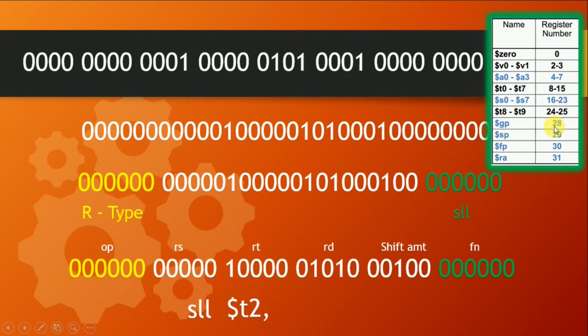RT is 16, so 16 is the value of S0. So my source register is S0. So I have to shift the content inside this S0 according to the shift amount. Here shift amount is 4. So I have to shift the content inside S0 by 4 bits and the result has to be stored in T2. This is the way we have to decode the instruction.